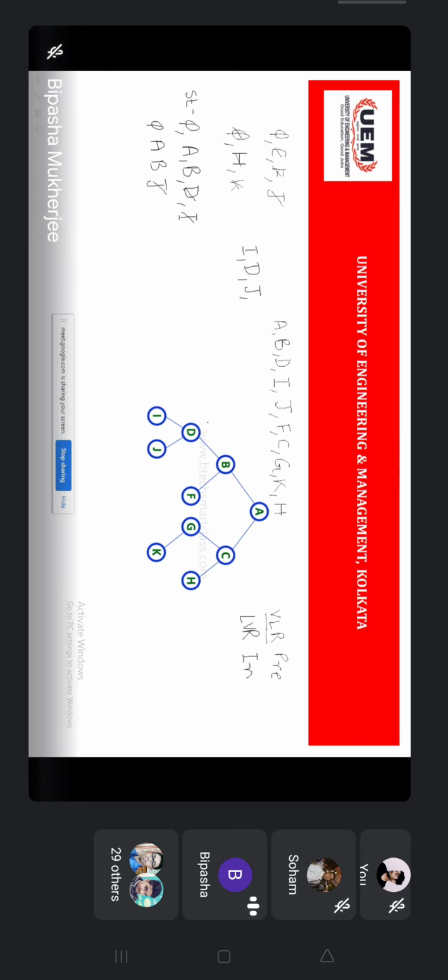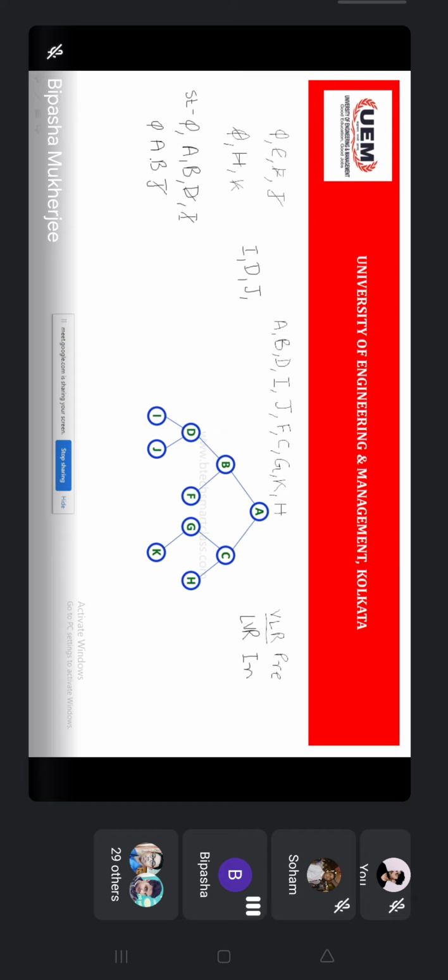Even if you are doing the LVR, if you are getting confused, just see it in an invisible way: if you are writing LVR here, then you are supposed to process I first, then you will go back to this node, the left part is done, so D will be printed, and then you will go to the right part, and here the same thing is going on. Okay, so now J is being processed, J has nothing to do.